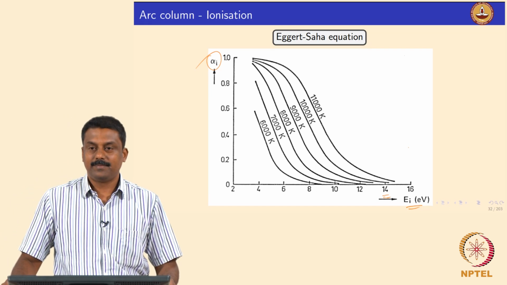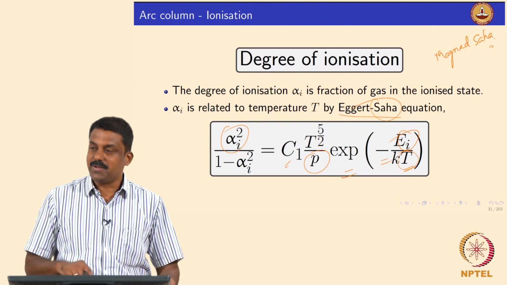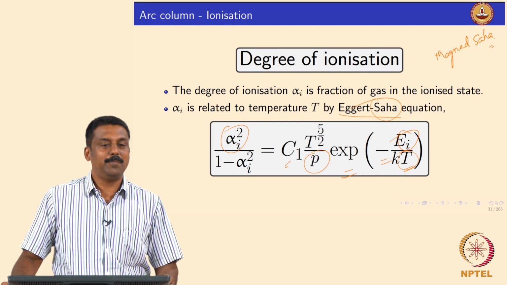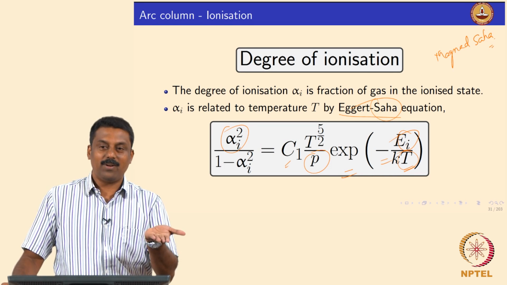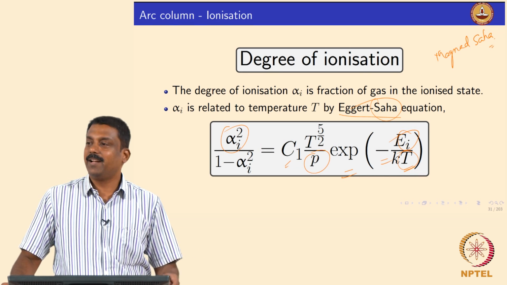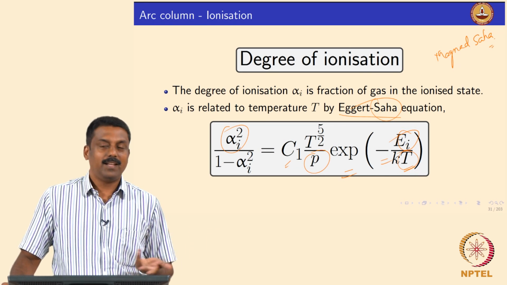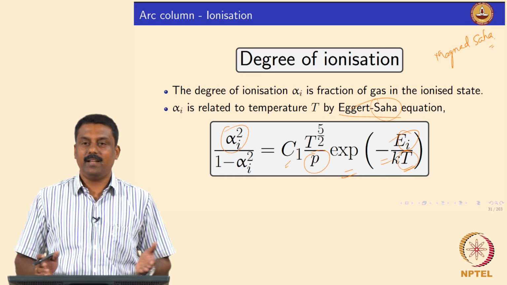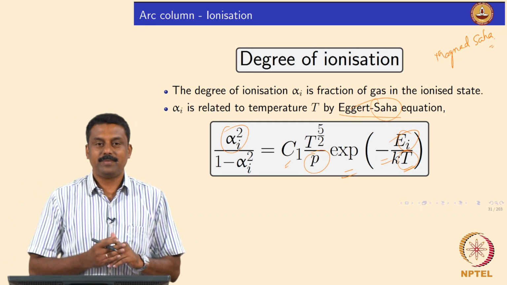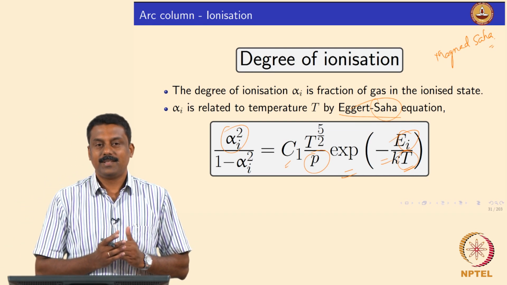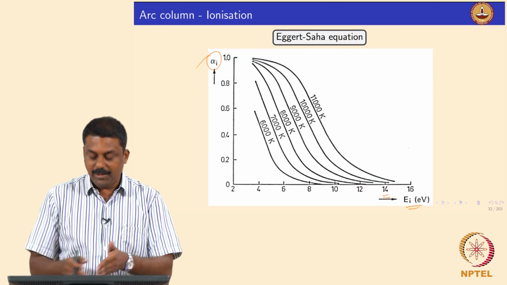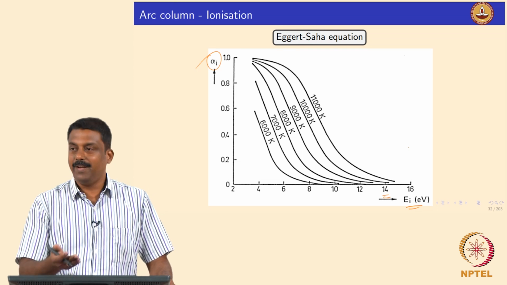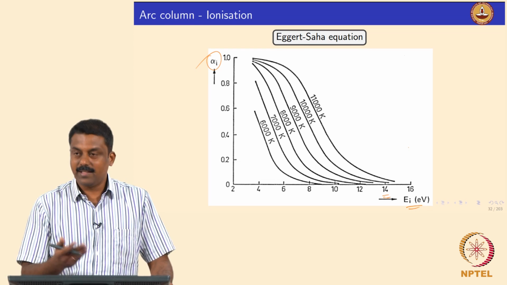The equation determines the shape of this curve, right. It's clear. If you look at thermionic emission, it is a similar equation, isn't it? A T squared e to the power minus work function divided by kT. There you are emitting an electron, and here also you are emitting an electron. There it is the work function, here it is the ionization energy. The nature of the curve is exponential decay, similar as a function of temperature, isn't it? So, when you fit this curve, you will get the Saha equation.